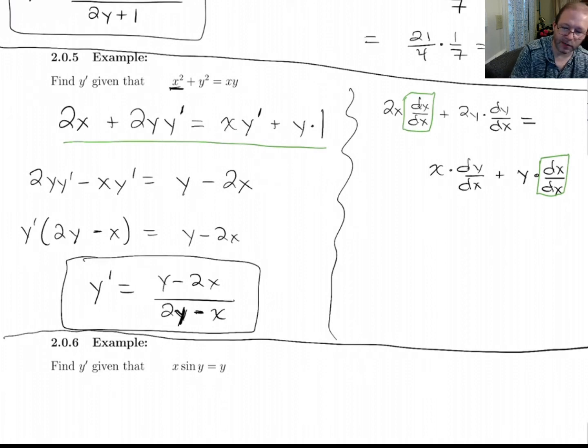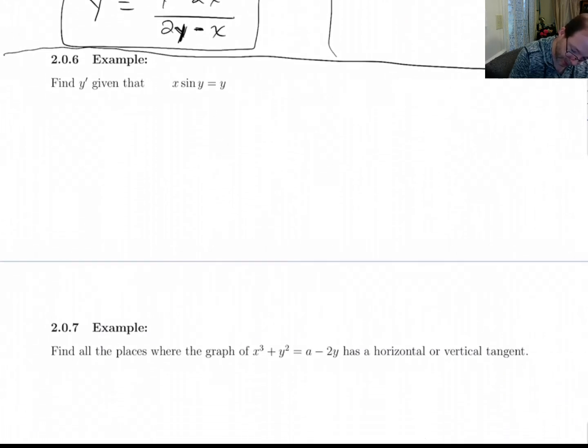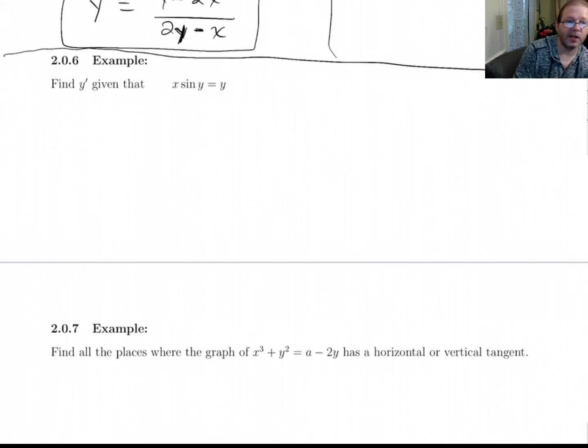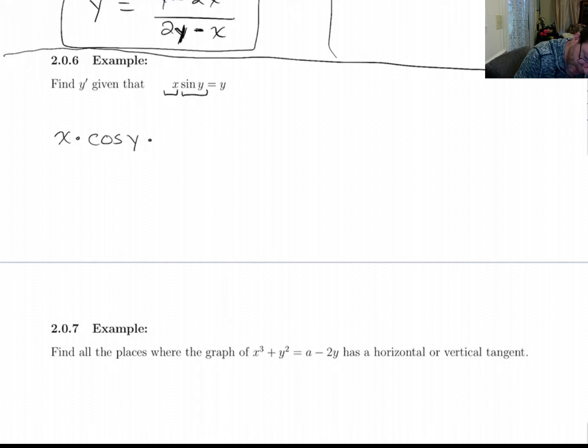All right, let's do the next example. Find y prime given that x sine y equals y. Okay, over here we've got to use the product rule. So on this side we'll do the first times derivative of the second. Derivative of sine is cosine y. But then by the chain rule, we've got to multiply by the derivative of what's inside. And maybe there's two things going on. So this is the first times derivative of the second